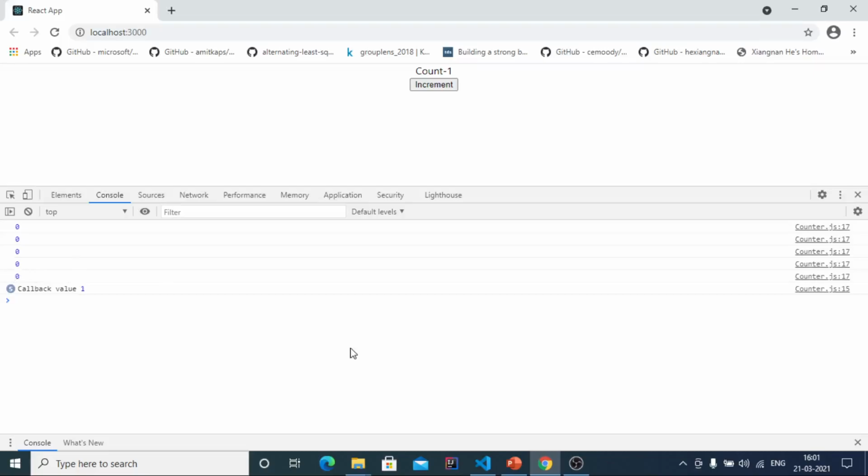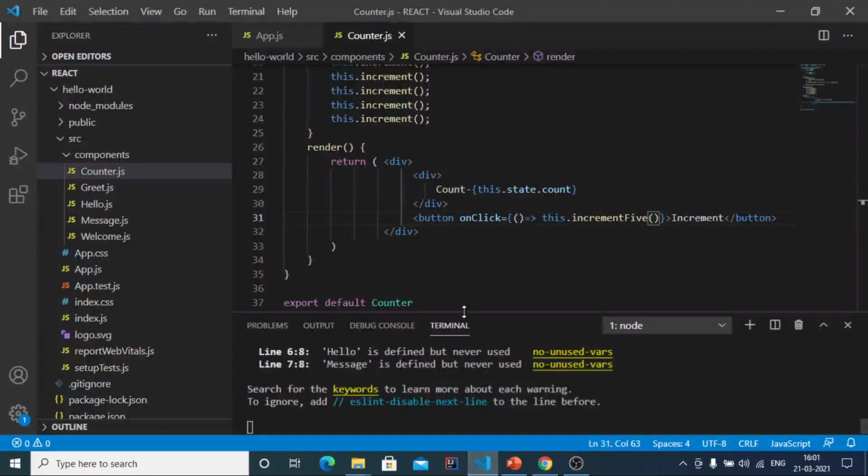So if you want to increment the value of count by 5, what do we have to do? The reason why the value of count is not being incremented by 5 here is that all the calls to the set state method, that is the 5 calls, are grouped into a single update or single go.